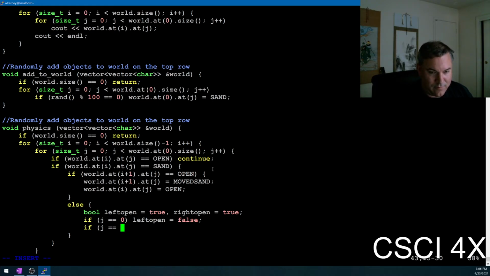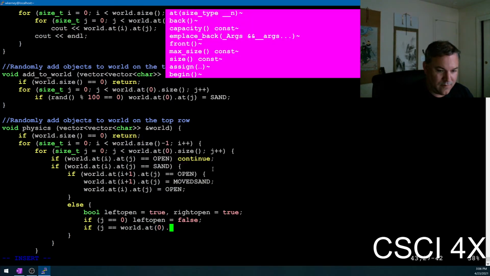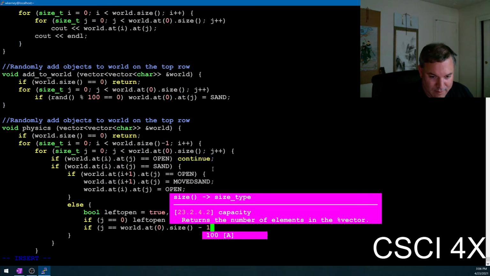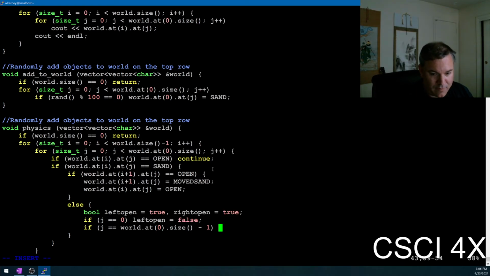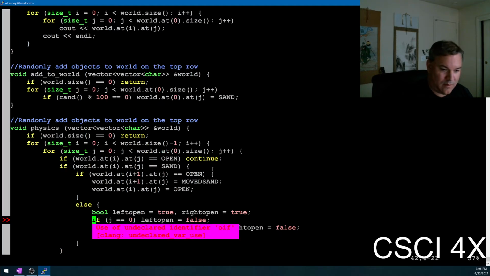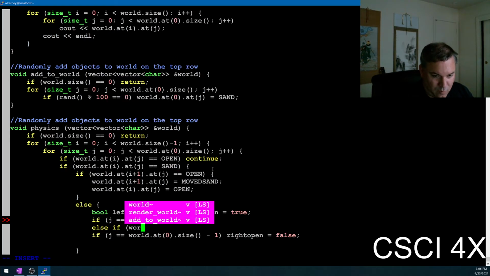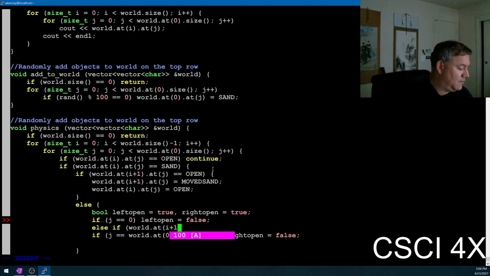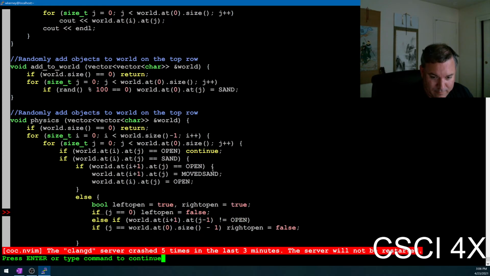If j is equal to world.at 0 .size minus 1, then right open is equal to false. Else if world.at I plus 1, the row below us, dot at j minus 1 is not equal to open,